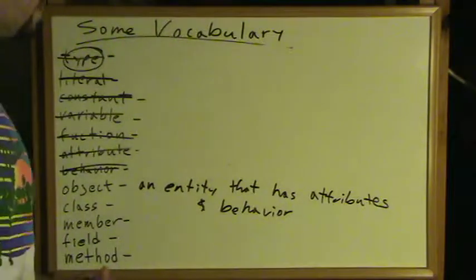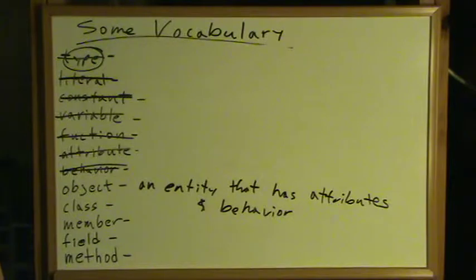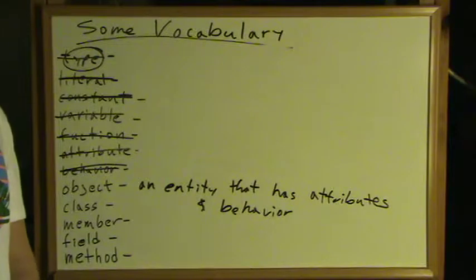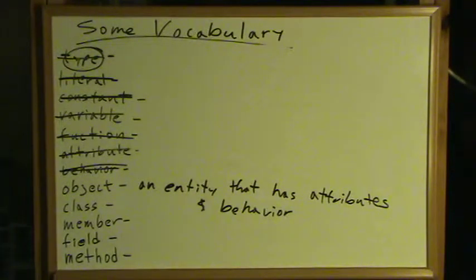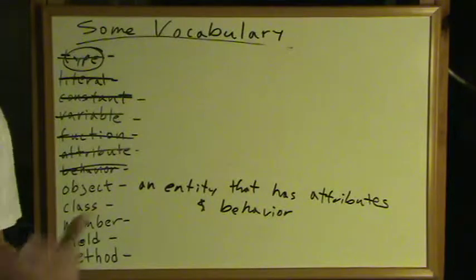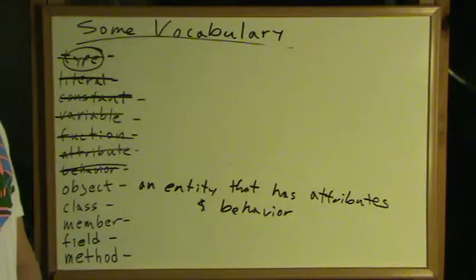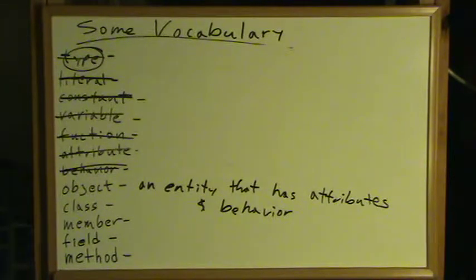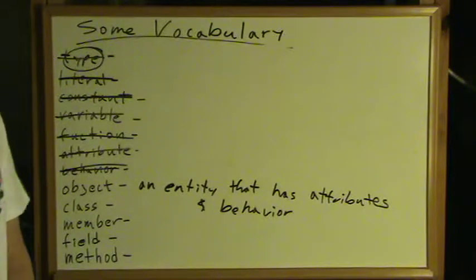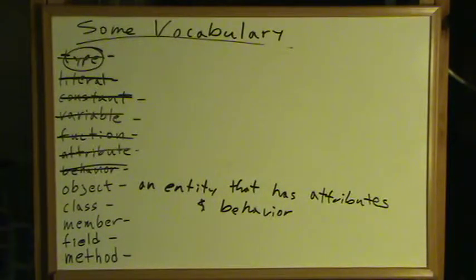So for example, a bicycle is an object, right? It has attributes. It's made of metal, has two wheels, has a handlebar. It has behavior. It can be pedaled, the handlebar can be turned, and so on. A human is an object in this sense, in the sense of programming. Has attributes, 4 limbs, a mouth, nose, a head, internal organs of various kinds, and has behavior. Eat, sleep, run, work, play, speak, that kind of stuff.